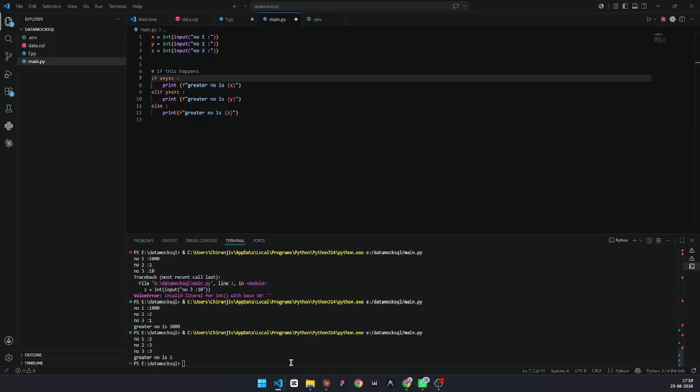The greater number is 3 because I just typed it for showing the error. Yes, exactly. It will automatically have a kind of space. You don't have to worry about it. You just have to make sure that all of these align together. Like the print function will align with this, and the if, elif should all be on the same indentation. That's it. You don't have to worry much. Got it?